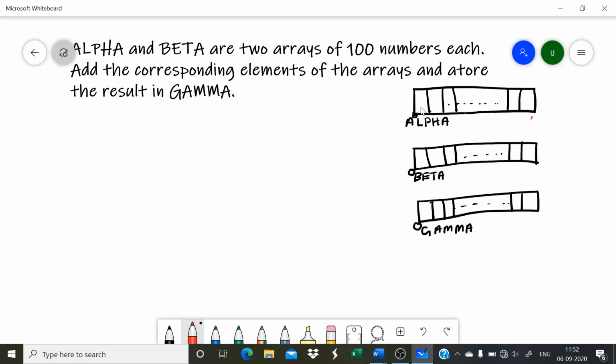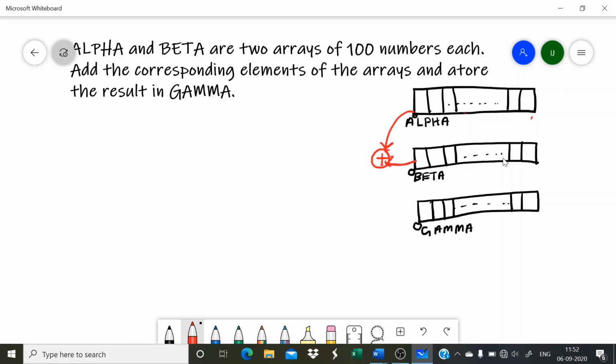So first we have to take the first element of the array alpha, and then add it with the corresponding element, the first element of the array beta.